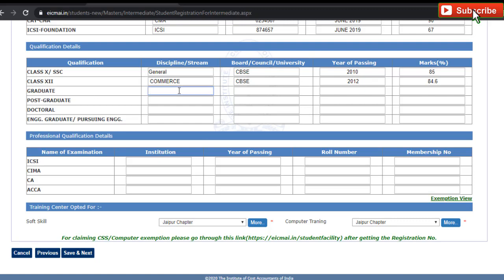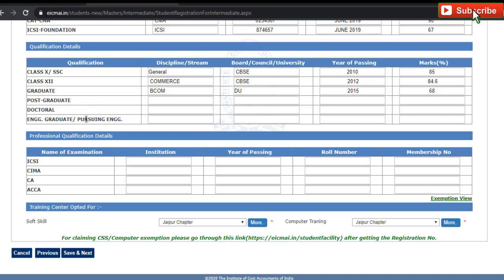For example, you have done BCom, so you have to write BCom here. Then the university, for example, you have done your graduation from DU, Delhi University, Rajasthan University, whatever, and in which year you have passed it. For example, I am taking 2015, and your aggregate percentage.